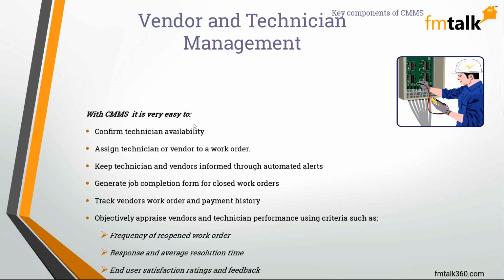This is very, very important because when you have technicians and vendors that are working for you, you want to appraise them at the end of the year or at the end of the month to know the level of the quality of job that was performed, and how compliant these artisans are to your set service level agreement. And this is only possible if you have data, and this data can only be gathered using a well-implemented computerized maintenance system. So it helps you to objectively appraise your vendors instead of the subjective means of appraising vendors, which